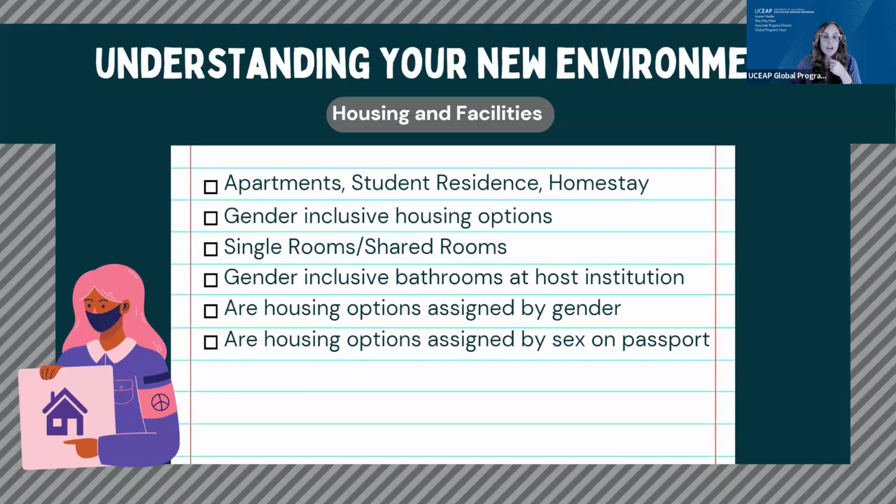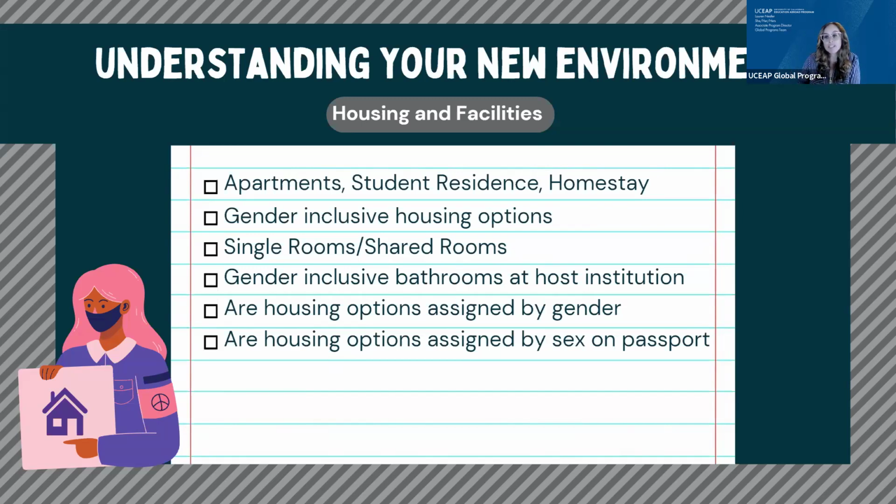I want to talk now a little bit more about the practical things that you want to think about as you start doing your research and selecting a program. Some of these things you can research on your own, and others you will want to talk to your study abroad advisor about. So starting with housing and facilities, what are the housing options on the program that you're interested